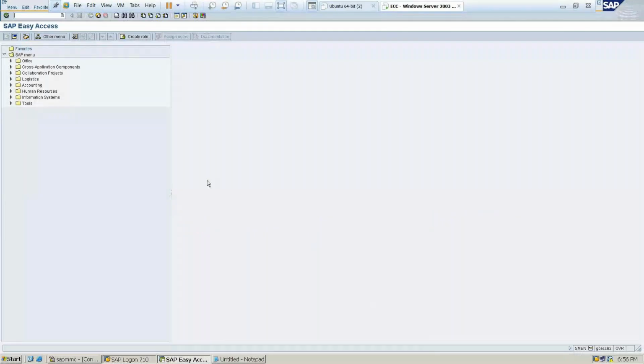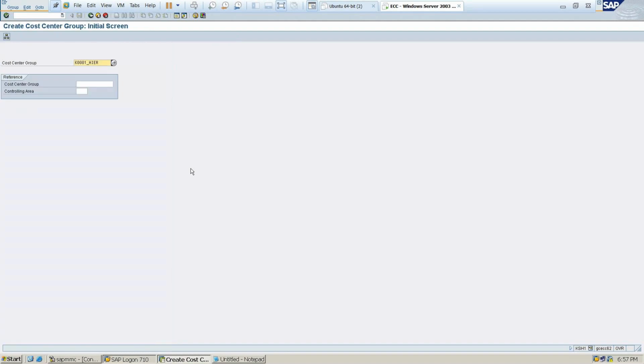So we create the hierarchy for this. I'll type KSH1. Here the cost center group has automatically taken the standard group.